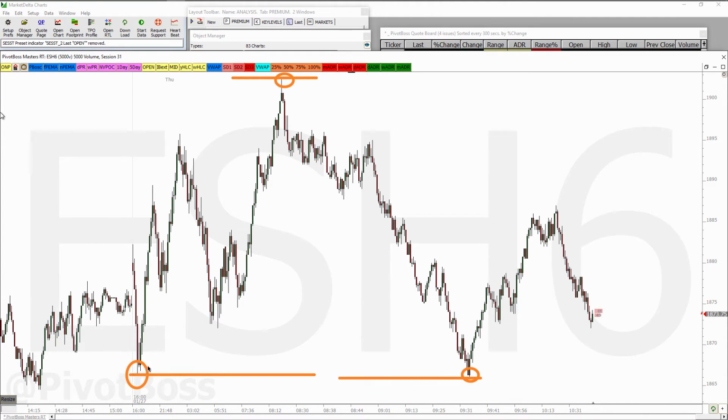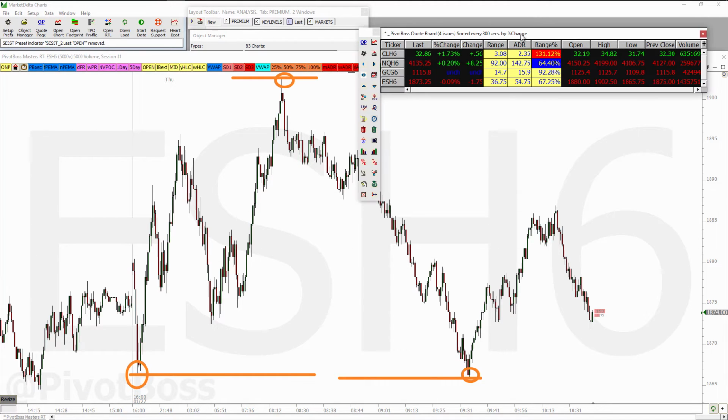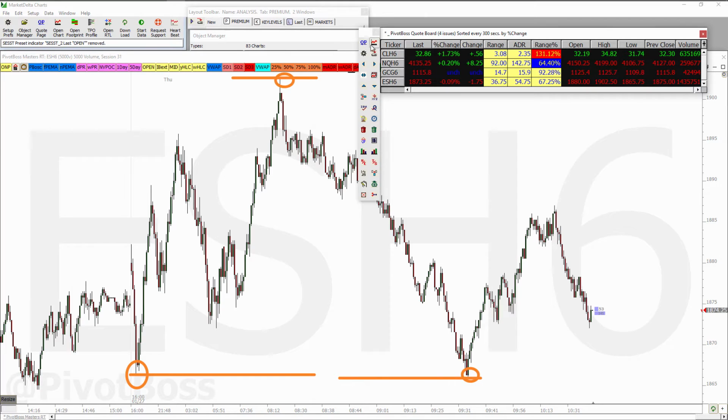So what the average daily range, the ADR method, does is it says, what's the average range over the last 10 sessions for the ES? Well, according to our quote board here, the ES has been averaging 54.75 points per day. It's currently trading just 36.75 points of range for the current session. So if this is, I'll call it just 55 points of range right now,